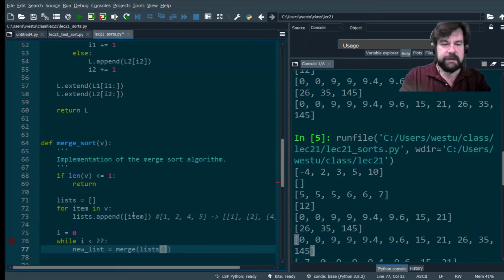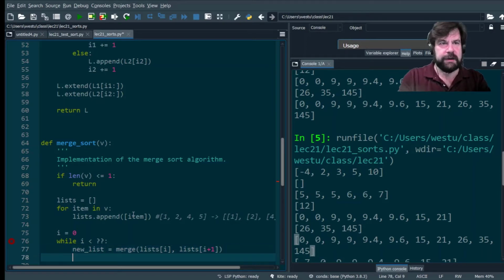lists sub I and lists sub I plus 1. Right? Is that right? That's right. And now this is a new double length list, and this list has the property that it is also sorted. So if we just throw this on to the end of our lists,